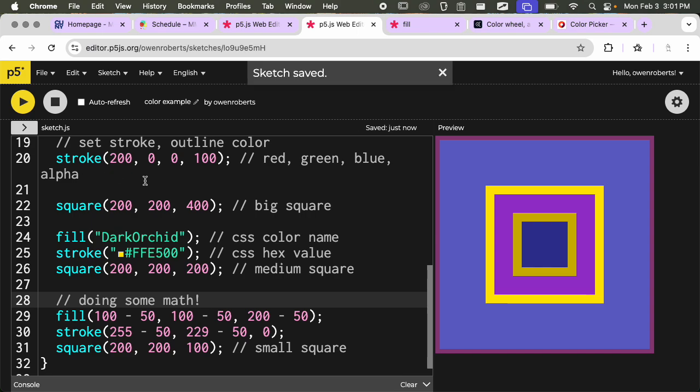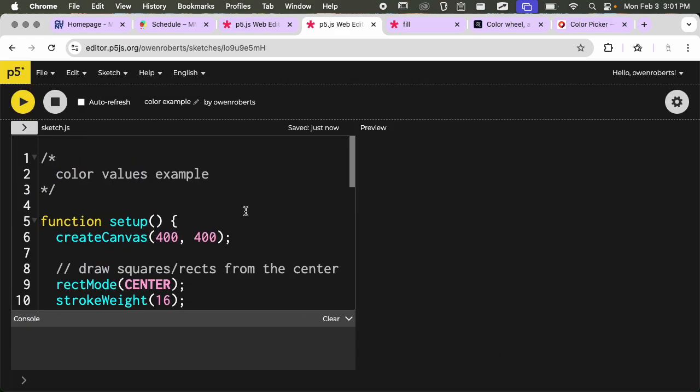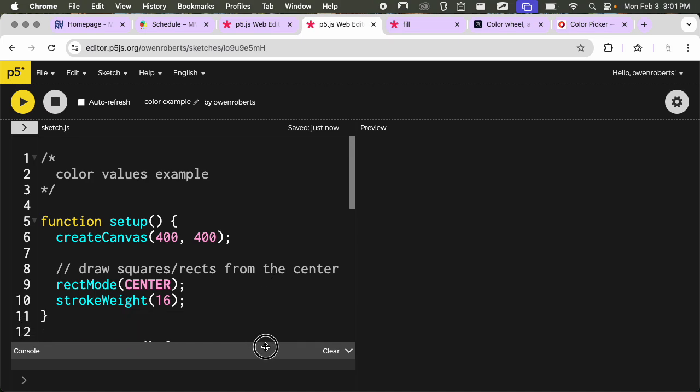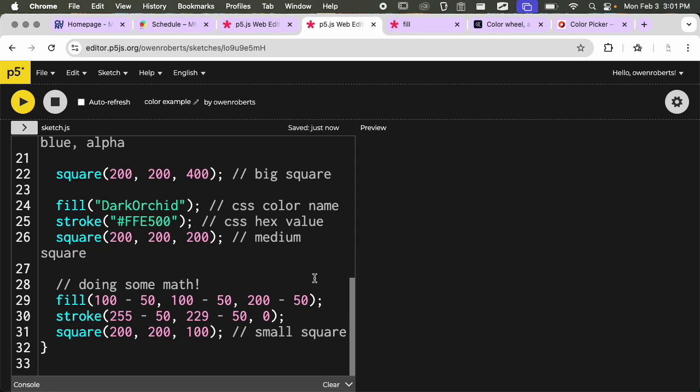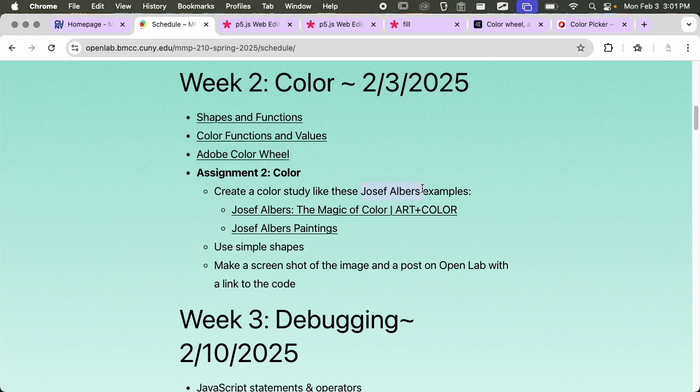So I'm going to save this sketch, and I'll just use this as an example. So I'll add this to our class collection. And so in the second part of class, I'm going to talk about using different ways to mix color. And we'll also look at some examples of work by Joseph Albers, who you guys may be familiar with if you've taken like history of graphic design or something like that. But he was a painter who did a lot of experiments with colors. And so we'll do a project that's sort of slightly inspired by his work. So we'll talk about that in the second part of class. I'm going to stop the